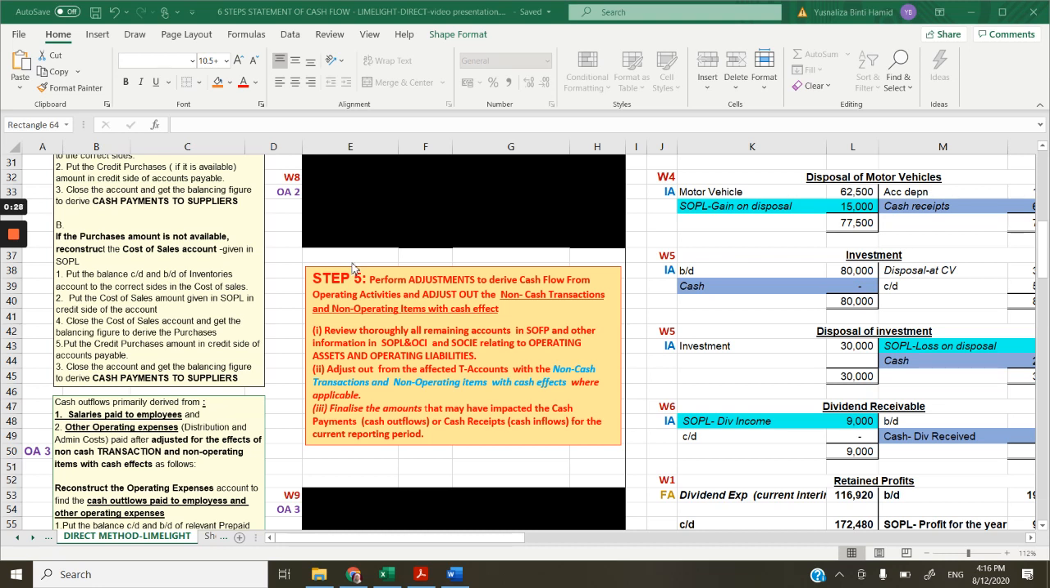So now we are going to do our step 5, which is we are going to perform adjustment to derive cash flow from operating activities. And to perform adjustment here is to look at the remaining asset and liabilities or any income and expenses that we have not yet reviewed, and we're going to do that. After that, we are going to adjust out the non-cash transaction and non-operating item with cash effect, if any, in